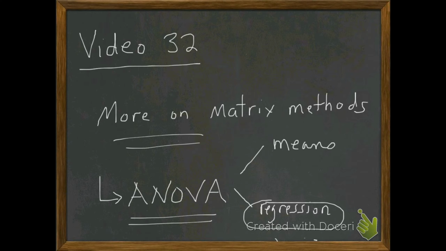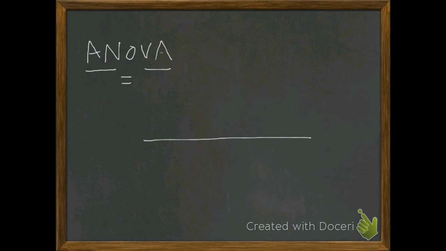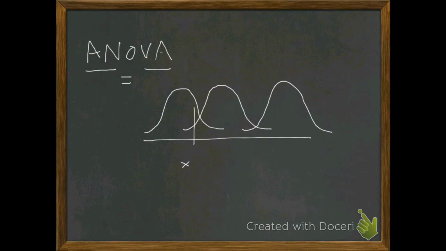The difference is this: let's just go back to what ANOVA stands for. It's an acronym for analysis of variance. So analysis of variance gives us a method for analyzing the variation in our model. So guys, if we're interested in taking population means and drawing a sample from each one,